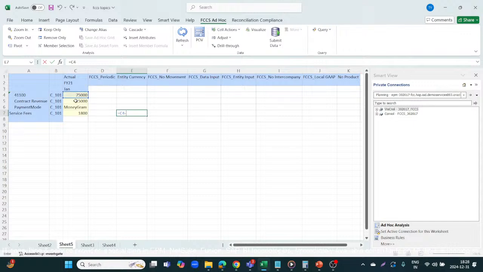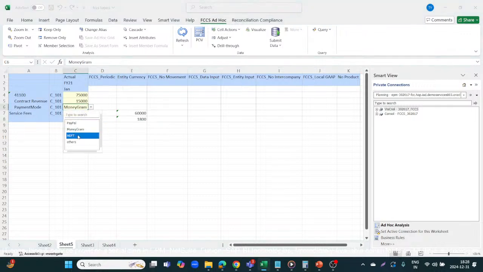75,000 minus 15,000 is equals to 60,000, and on the 60,000 you will apply, if you're making the payment using MoneyGram, if your payment mode is MoneyGram, then it will be 3% service fees. So you can see 1,800 it is coming correct. Now the third was if you are paying using payment mode is NEFT, then